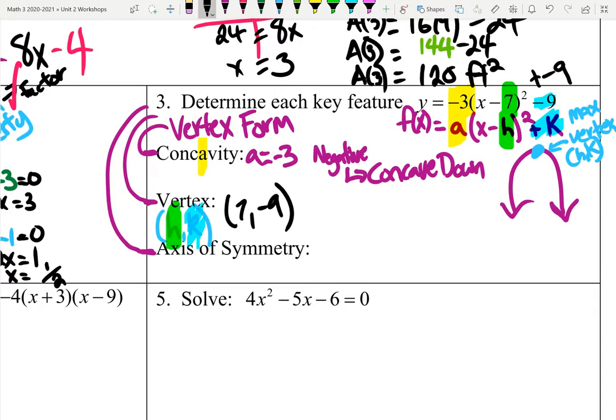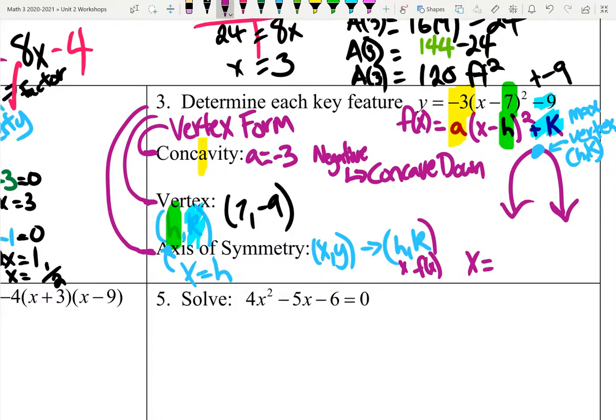Now the axis of symmetry. If you want to just memorize, it is always going to be x is equal to the h value. And the way I remember it is the h is in the spot of the coordinate. A coordinate is xy. For the vertex, it is hk, but it's still in the x spot. This is the y spot still. So the answer to this guy is literally just x equals 7, done. What that means is it's basically describing the line that cuts